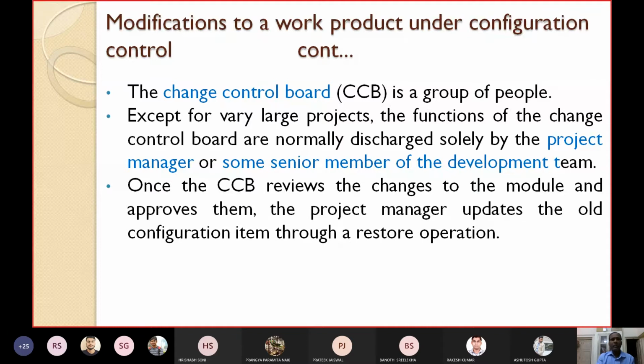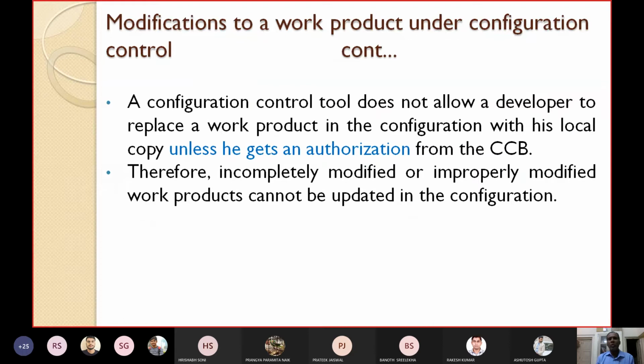Okay. A configuration control tool does not allow a developer to replace a work product in the configuration with its local copy unless he gets an authorization from the CCB. So if the developer has not received any authorization from the CCB, then configuration control will not allow him to replace a work product, because this is very, very important.